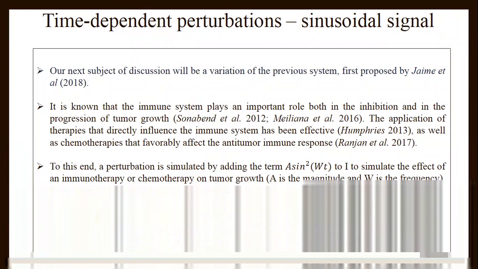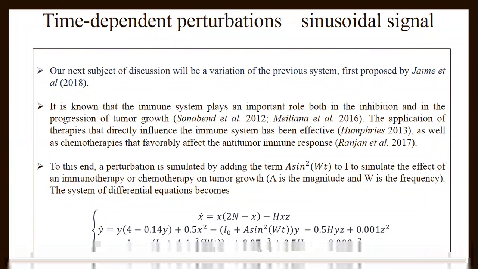It's known that the immune system plays an important role both in the inhibition and in the progression of tumor growth. And the application of therapies that directly influence the immune system has been effective, as well as chemotherapies that favorably affect the anti-tumor immune response. Now, for this reason,